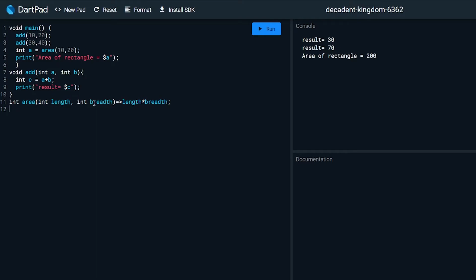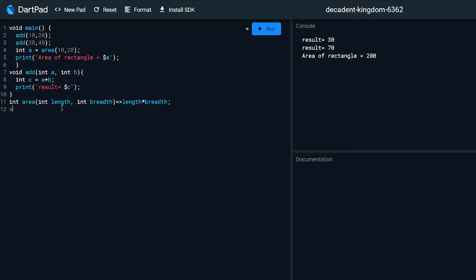There are different types of parameters. Like here these are called the positional parameters, which are compulsory. If by chance we leave out one of the arguments here, like we forgot to enter 10, this will show an error: two positional arguments expected but one found, as we have not passed the length, we have just passed the breadth. So we need to pass both the values. So when we pass 10, the error is solved. So there are also some optional parameters.